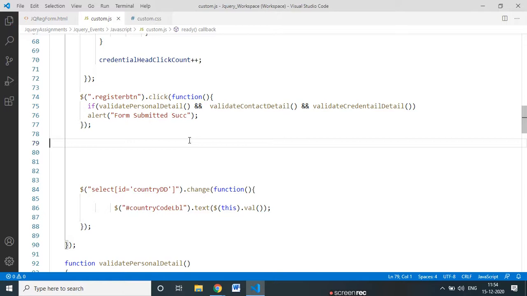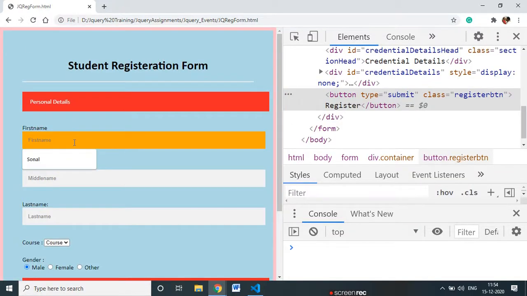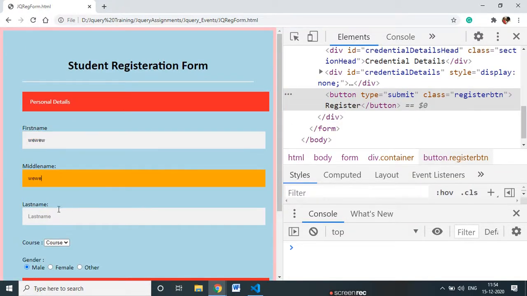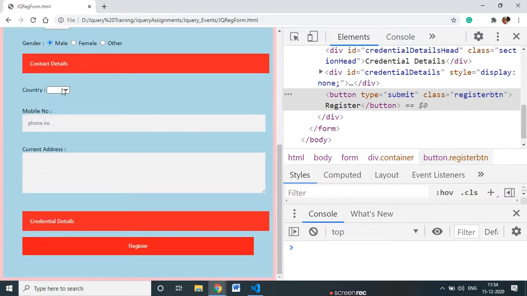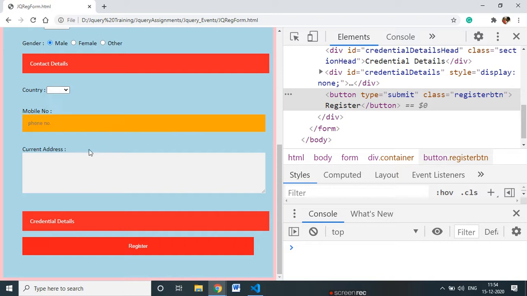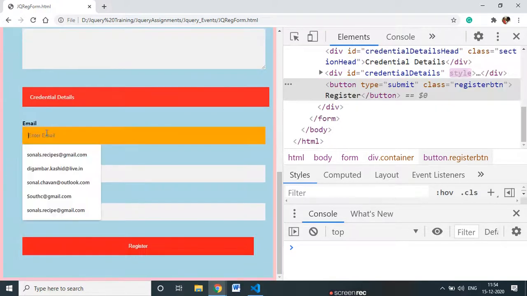Okay, so now I will put this, and once I click on that, it will validate all these three sections, and then you will hear a message. Let me check how it will work. I'll put this blank, and I'll enter wrong credential details.